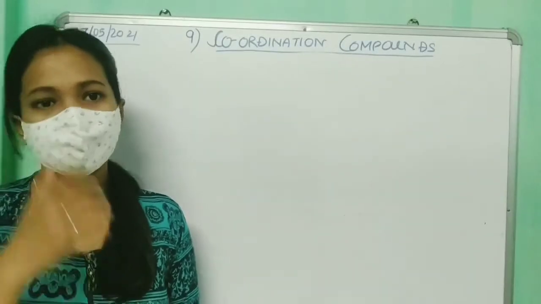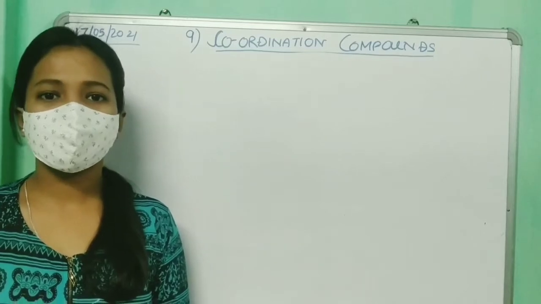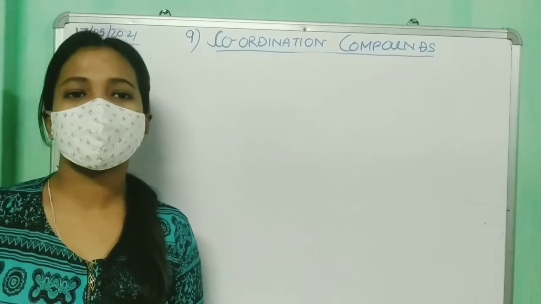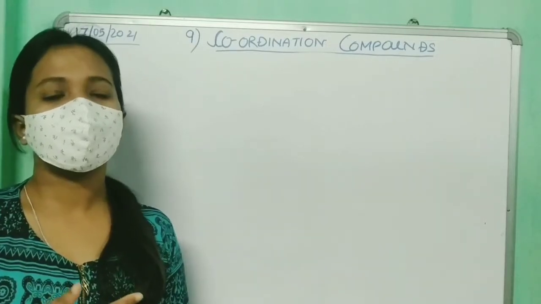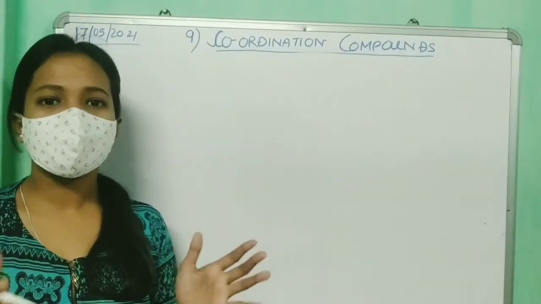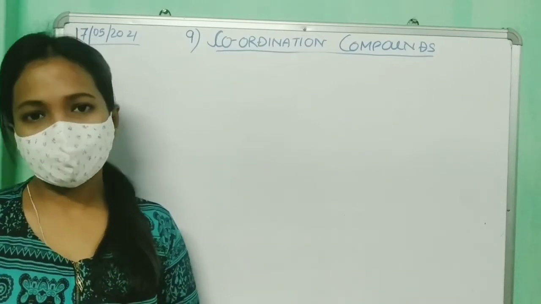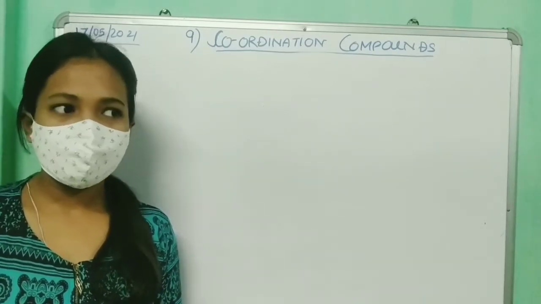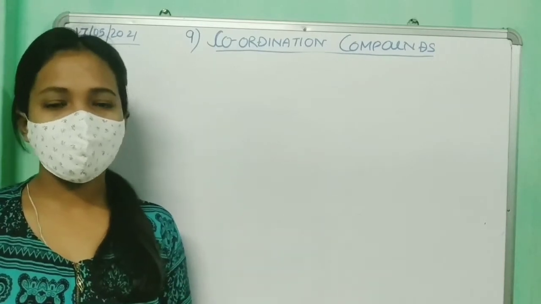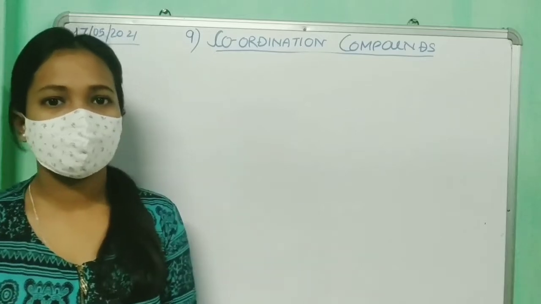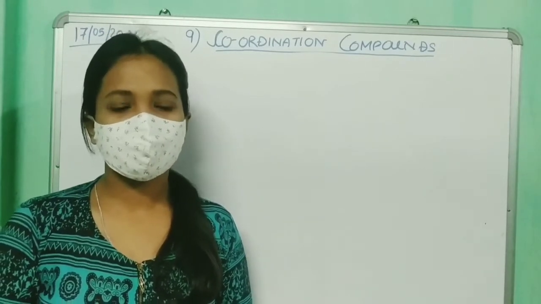Alright guys, in continuation to the previous video that I uploaded, that was the very basics of coordination chemistry, right? There we discussed what coordination compounds are, how the complexes are formed, and with what type of bonds they are linked. And if I remember, in the last video we had also discussed the basic difference between common salt and complexes. So today we'll move on to some new terms, new topics rather.